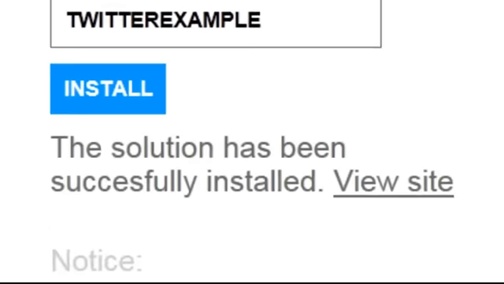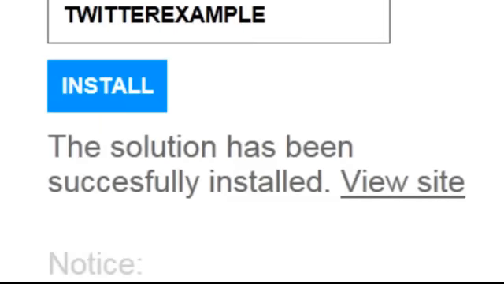This might take a couple of seconds, but the important thing is that it's cutting down the number of steps the end user needs to take in order to get SharePoint solutions into their BPOS environment. Now you can see that's been completed, and we've got a URL where we can go and view the site. So I'm going to click on that URL, and what we should see is a new browser tab opens